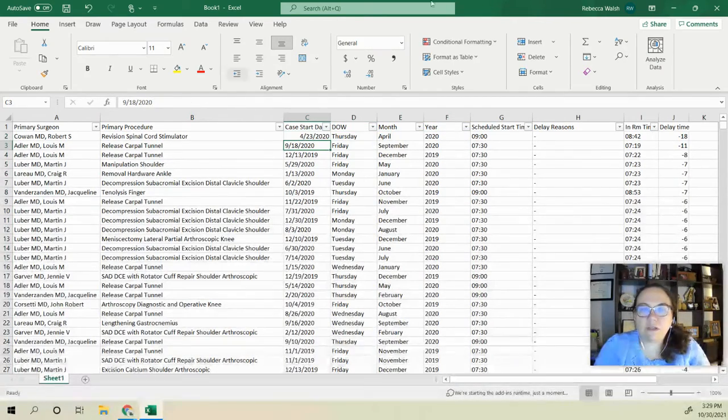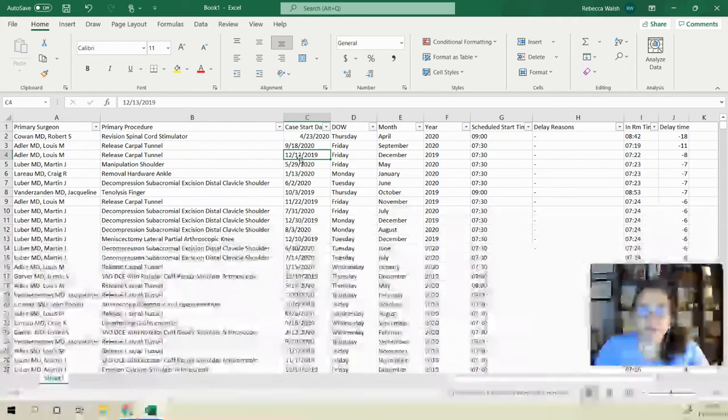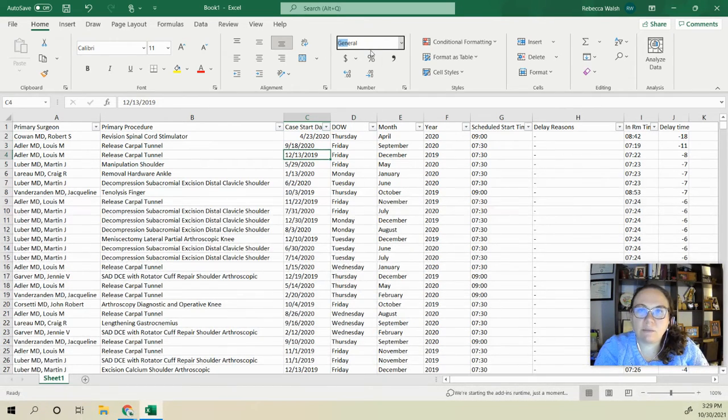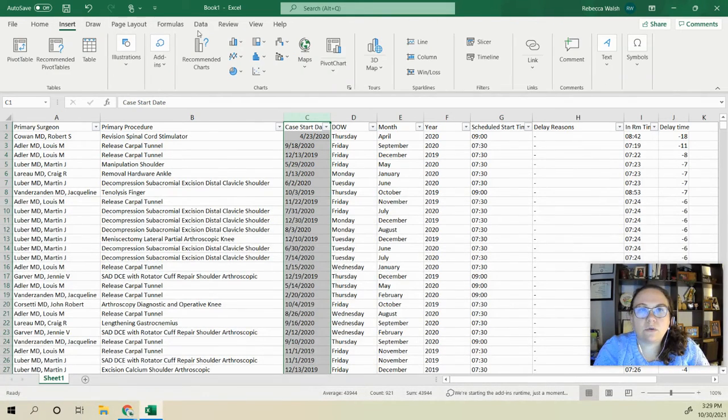Something you may have noticed is that this column is not recognizing this as a date. If I click on this, see how it says General up here? A quick way to fix that, if you have data in Excel that's not being recognized in the proper format, so if it's a date and it's reading it as General or as a text field, is to highlight that and go to